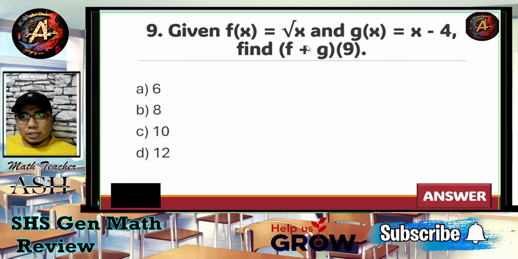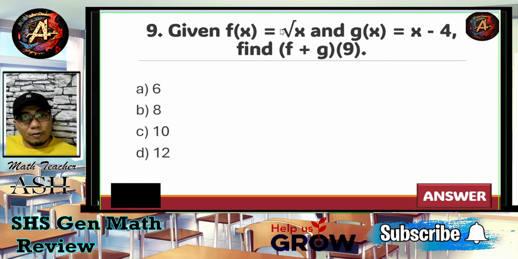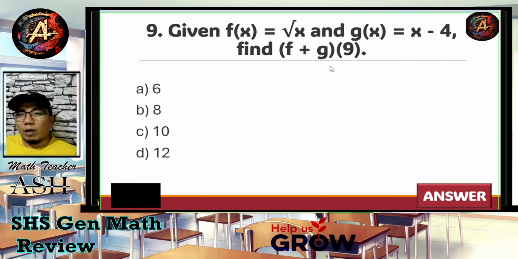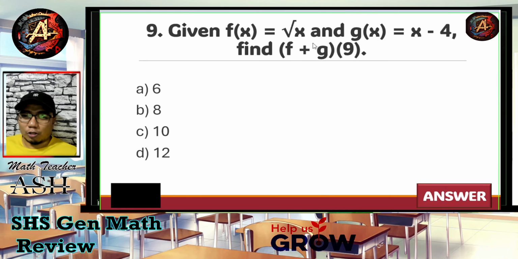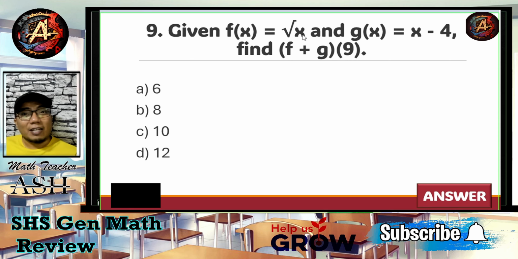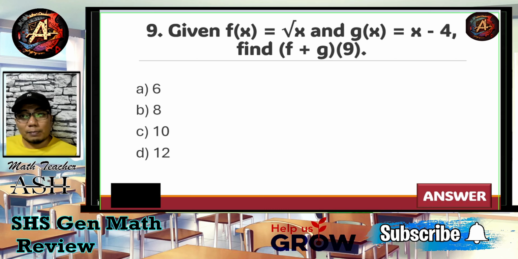Okay, my dear math learners, since we do have two functions in which one function is a radical expression and the other function is just a normal expression. Now, when you try to add them, you will be having a hard time, or technically you just copy them. Now, the best way to do this one is to just substitute the value of 9 to the variable x in both functions. So we have here square root of 9. What is the square root of 9? Very good, that is positive 3. We are talking about the principal root.